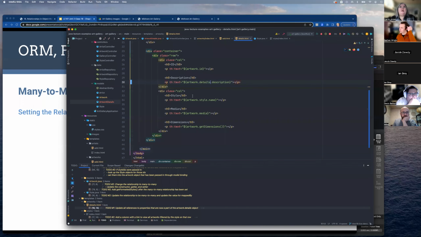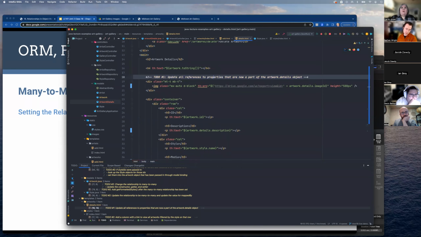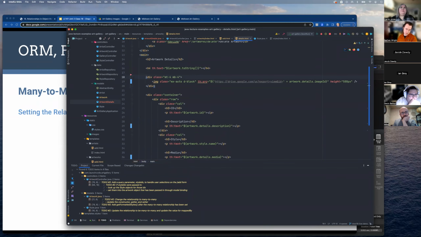So here's another one, description, media, and getDimensions. We moved that as well. That's that instance method that depends on pulling together width and height and possibly also depth. So that's it for that one. We should be in good shape. And so now,